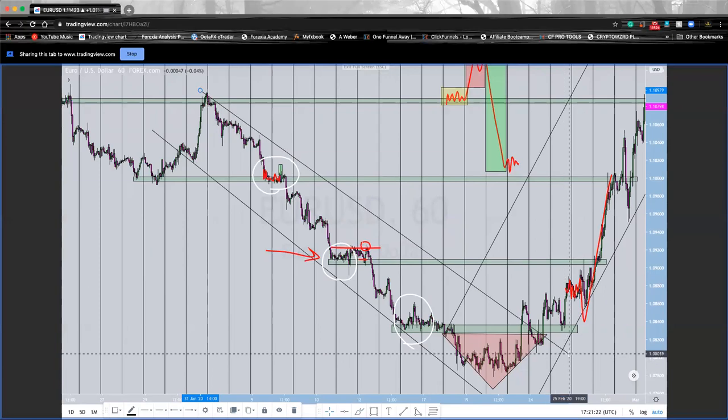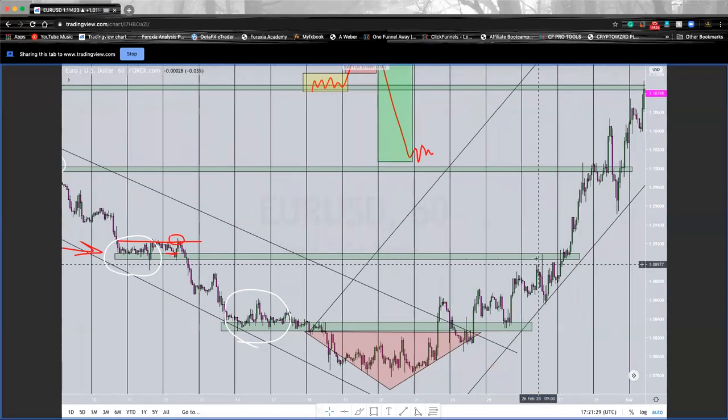And when that happens, that's when I'm interested in a buy. When retail traders get all the confirmation they need to sell,